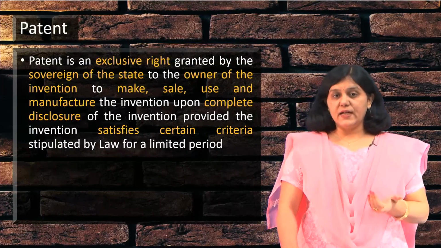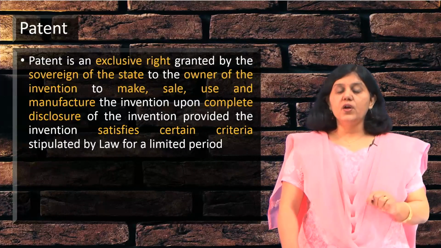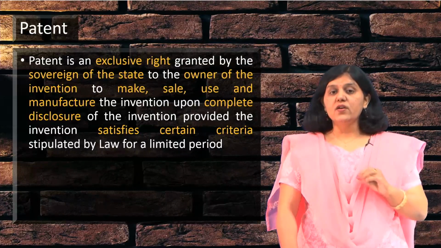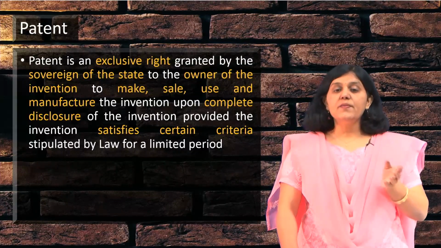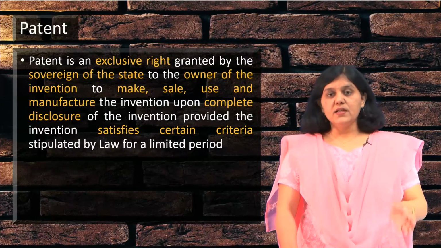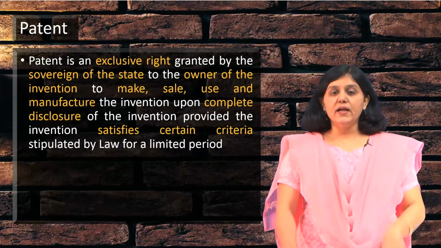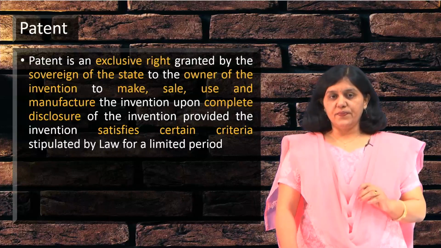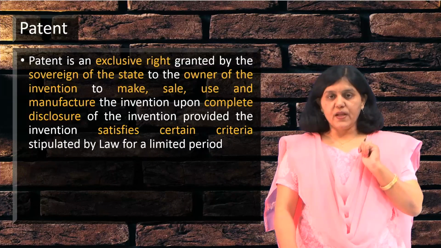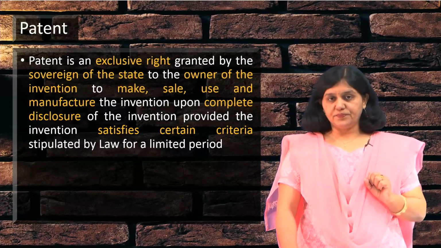Now, who is giving that right? So, the second point, this right is given or granted by sovereign of a state. So, what is the meaning of this? That is, sovereign of the state grants you the right. The meaning of this is the right is conferred to the applicant by the sovereign of the state. In India, this right will be granted by Indian Patent Office. In USA, it will be granted by US Patent Office, USPTO, and so on. Thus, the right is conferred by a sovereign of a state.